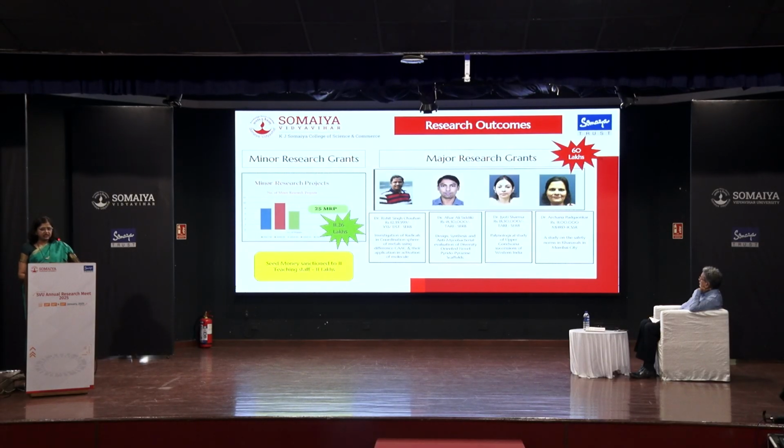This is data for the last accreditation cycle, almost 5 years. In this, we had minor research grants of 11 lakhs. These are the University of Mumbai minor research grants. And the major research grants of 60 lakhs. Recently, these are the total grants. The TARE grants for 2. ICSSR grant of 11 lakhs to this